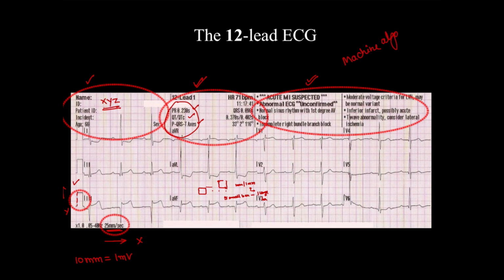There are various machine algorithms which are fed into the ECG machines which can interpret based on standard patterns of an ECG. So as you can see, this machine is suspecting an anterior myocardial infarction, which may or may not be correct. So the point of concern is that this is a very notorious part of an ECG trace. This could over-diagnose some conditions and underdiagnose some conditions.